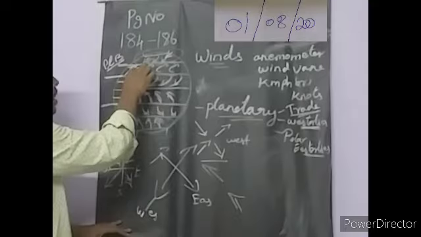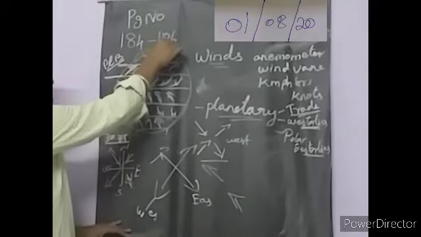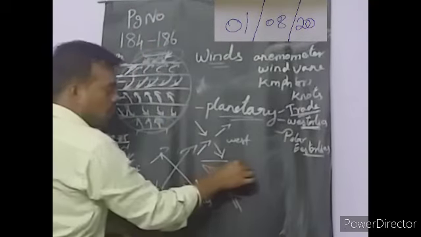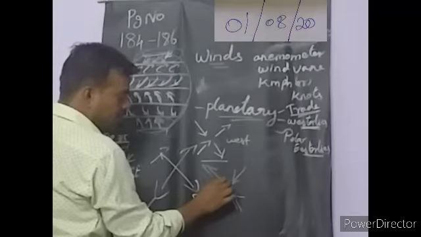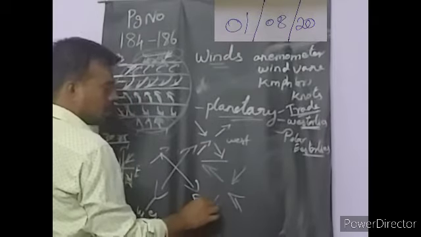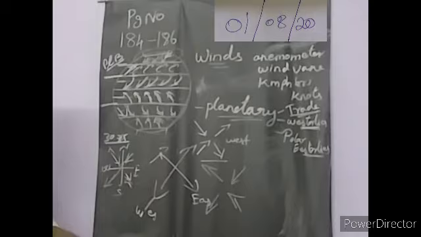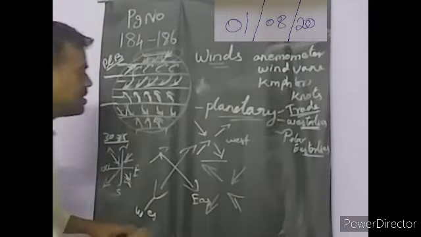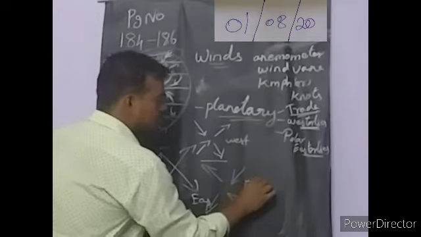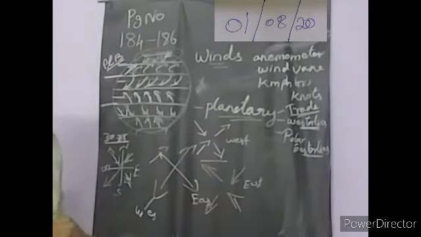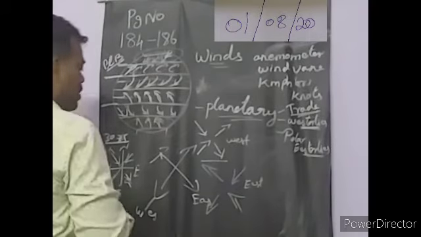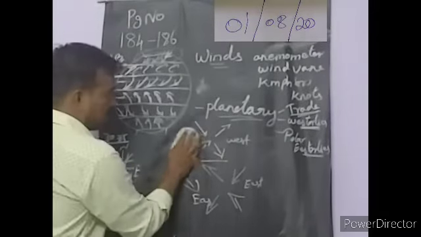What happens in the northern hemisphere? It travels in this direction, from northeast to southwest. So this is easterlies. Based on the direction we can understand this. Okay, so next we are going to see about the